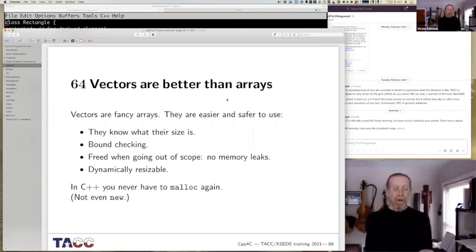So in C++, basically, if you write malloc, you're doing something really wrong. C++ has something called new, which is almost the same as malloc, except that you don't have to do the size of whatever, so it knows what type you're allocating. But new